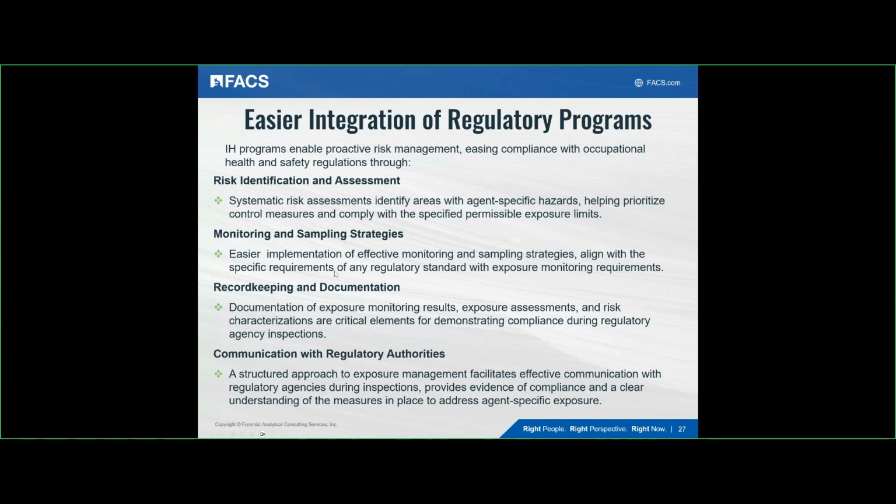It'll also help with easing implementation of effective monitoring and sampling strategies and align with specific requirements of any regulatory standard that requires exposure monitoring as a part of it. Also, record keeping and documentation, where documentation of your exposure monitoring results, your exposure assessments, and risk characterization are all critical elements for demonstrating compliance during any regulatory agency inspection,